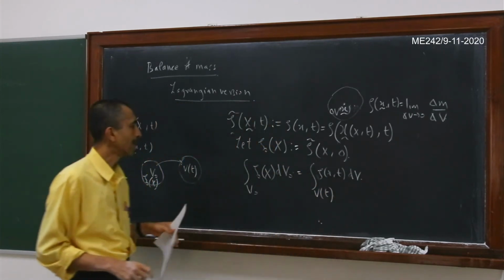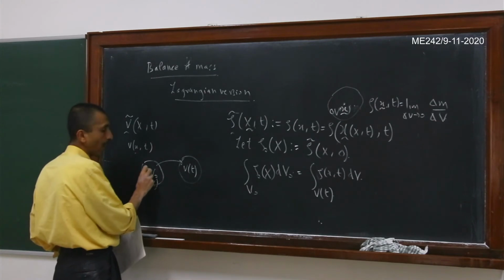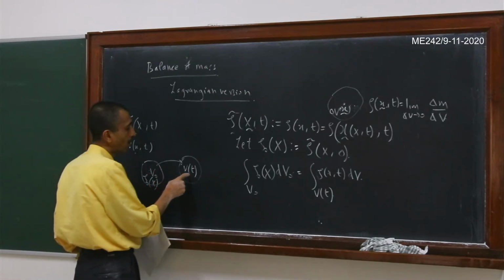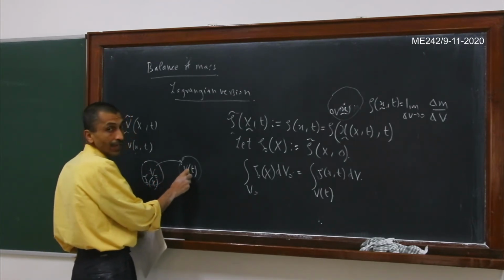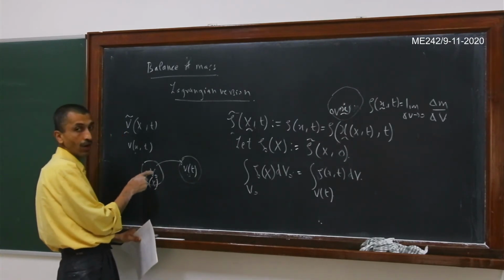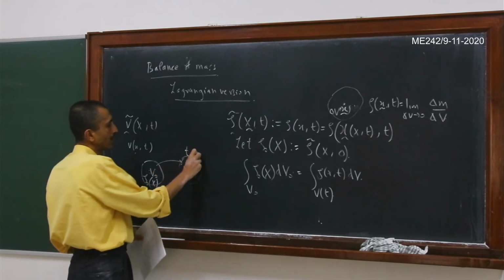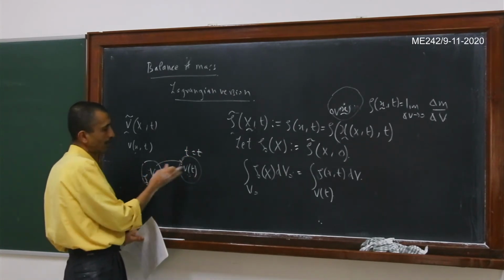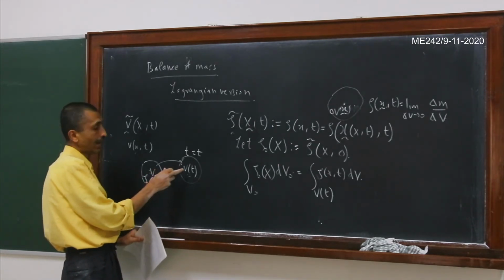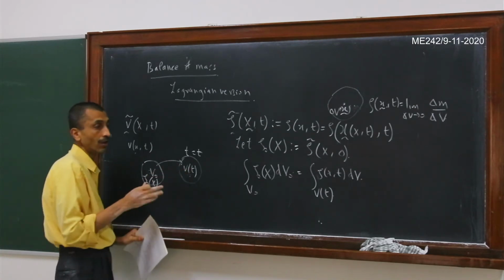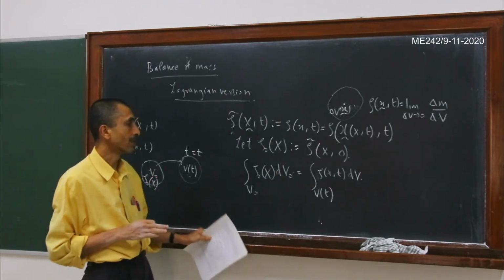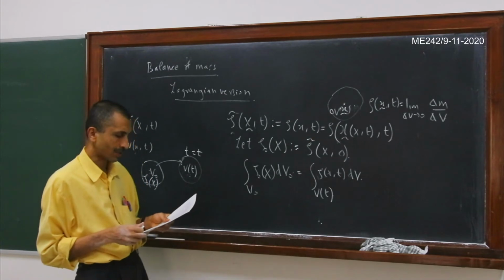You can see that rho naught is the density at each point in the material volume V naught, and rho of x comma t is the density in V of t. It is actually the same set of particles that initially, at time t equal to 0, occupied V naught, and at time t occupy V of t. Because nothing is entering and nothing is leaving, the total mass within V naught is the same as the total mass within V of t. Remember that there is nothing like volume conservation. The volume can change, but the mass remains constant. So this is an expression of the mass conservation statement.